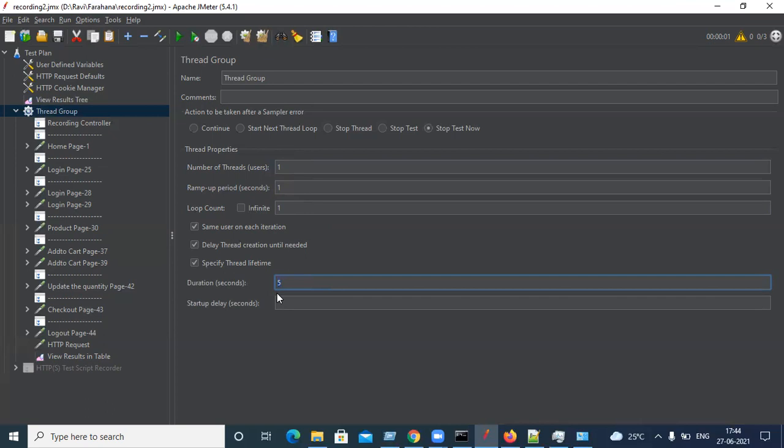Or if the script is taking 10 seconds and you give 5, it won't work. This will work only in the infinite loop case as the best use case. Whenever there is an infinite option, it works best. Now, if you clear and run, the script will stop at exactly 5 seconds.